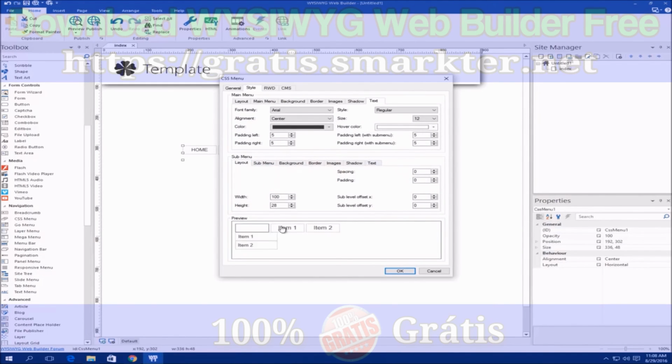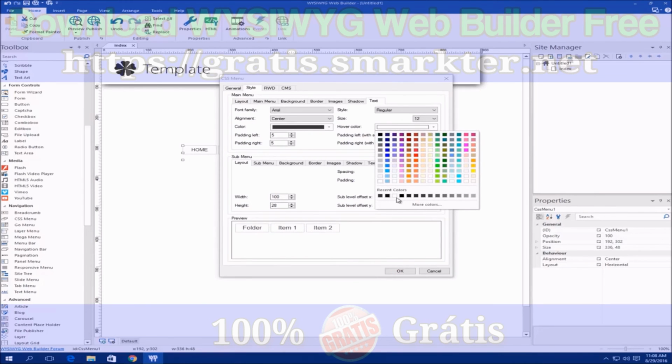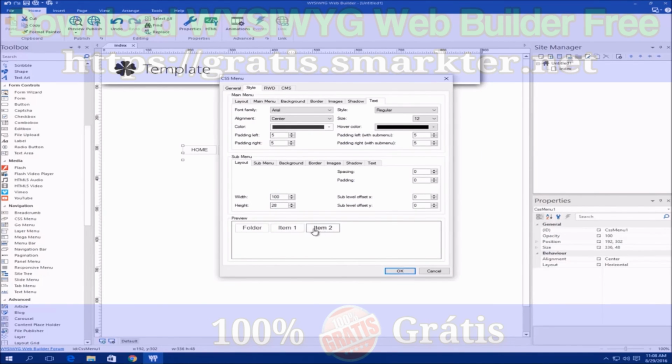And the hover color, this is the hover color as I'm rolling over, and the color is just a black color. So this one. And we don't have a border. We need to remove the border by typing 0 here. So this is how it looks like. So if I press OK,